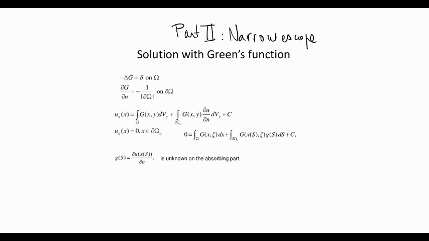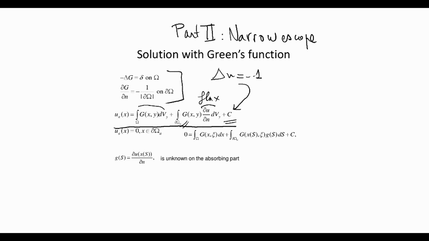Alright, so we discussed in the first part the Green's function, and we said that the solution of Laplacian u equal -1 can be written in the integral form using this equation u epsilon. This is the integral of the Green's function. We have here the flux term. This is the flux on the absorbing boundary, and this is a constant which was the